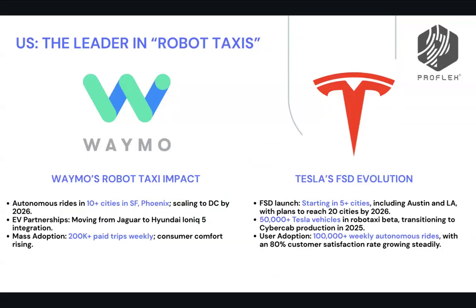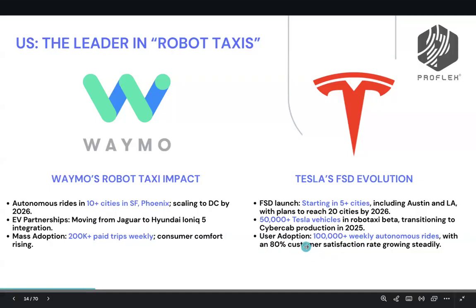Another factor which we are looking at very carefully within Proflex is how the world is going to change. Like AI, of course, we have seen the LLMs, but AI's biggest influence will be in the real world. We have two of the robotaxi leaders, Waymo and Tesla. Both are based in US. And the progress we have seen in some of these totally cutting edge technologies, like Waymo, is that you can come to San Francisco and ride in a self-driving taxi. Everybody is using it like Uber, where there is no driver, and they are already giving 200,000 plus paid trips weekly.